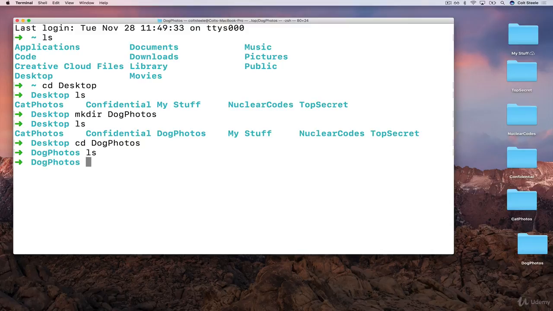Last thing I'll show you is that we can actually create more than one directory at a time. So let's say instead of dog photos, I wanted to have photos of my dog Rusty and photos of my dog Wyatt, and I wanted two folders in there. I could do Rusty pics space Wyatt pics, just like this. If I hit enter,